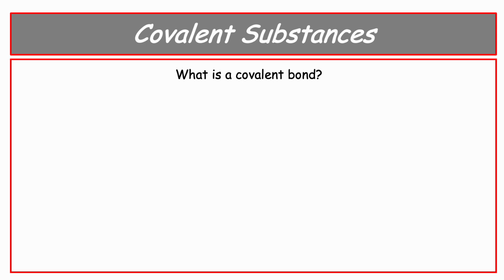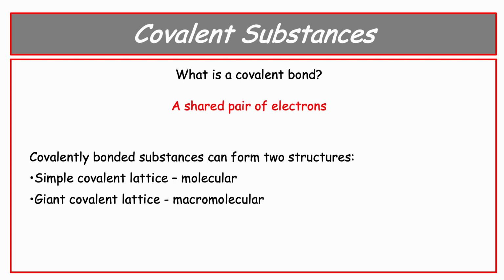So one covalent bond involves 2 electrons being shared, one from one of the atoms in the bond, the other comes from the other atom in the bond, and we use a dot and cross to represent where those electrons have come from. We also said last lesson that covalently bonded substances can form 2 structures, simple molecular and giant covalent. So this lesson we're going to focus on giant covalent substances, and we've got to look at specific examples